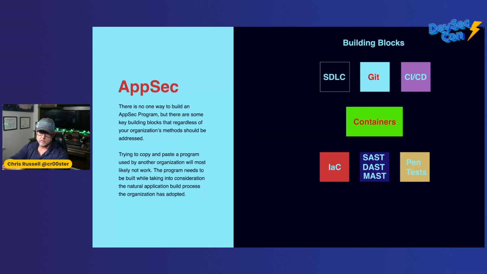The secure software development lifecycle, Git, CI/CD pipeline, containers, infrastructure as code, the SAST, DAST, and all different scanning tools, and some pen tests. These are things you can take together to build a pretty good AppSec program. Like I said, where you put these in the process, if you're pen testing first, if you're pen testing continuously, that's all really dependent on the workflow of your developers and your organization. But these are just some of the main components you need to be familiar with and ready to hopefully utilize to secure your apps.